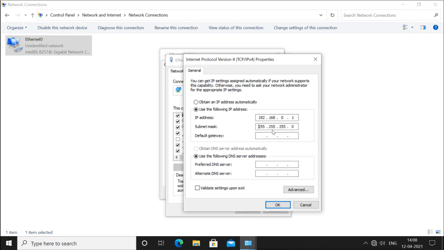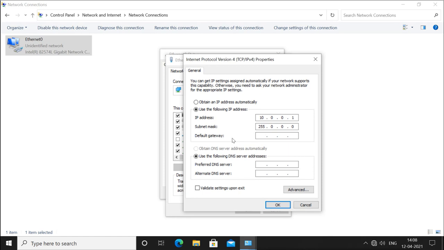If suppose this is class C, if I give a class B address 172.16.0.1, it will automatically get the class B subnet mask. If I give an IP address of class A, 10.0.0.1, it will automatically get the class A subnet mask.